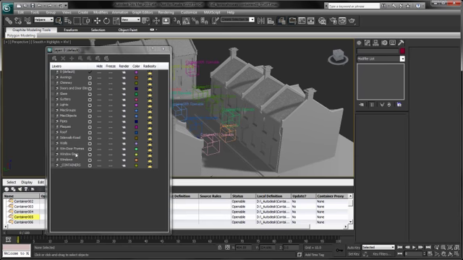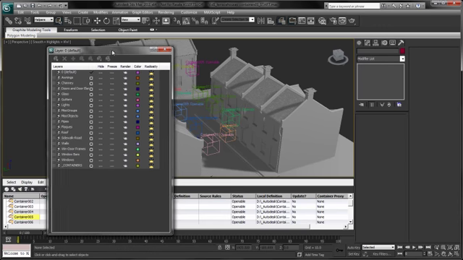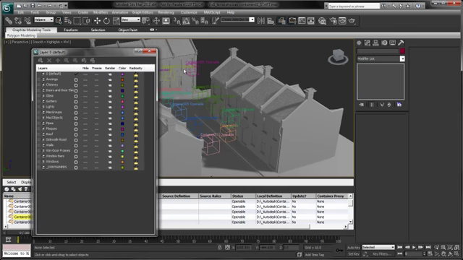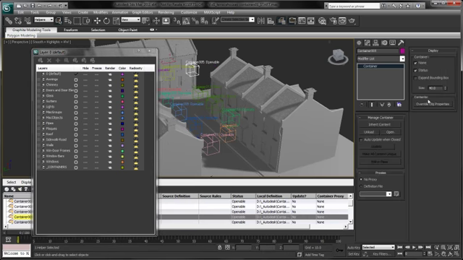This might make sense in a lot of different work environments, but when we're using containers, each one of the containers may contain an element from every one of these layers. So although you can still turn the layers on and off themselves, you also want the ability to control those properties in terms of the containers. So what we can do is we can select a container, and over here we have the ability to override object properties. So all we have to do is turn that on, and now